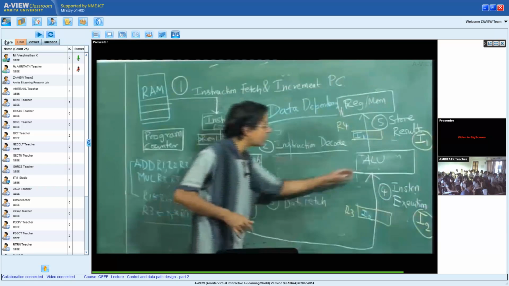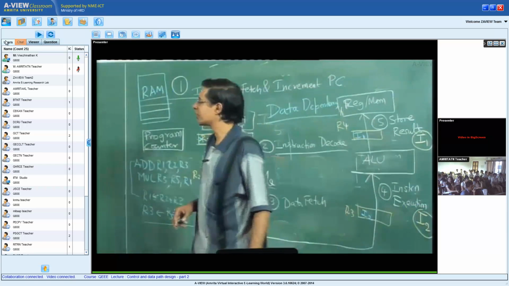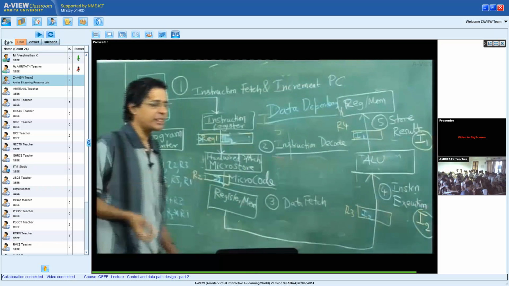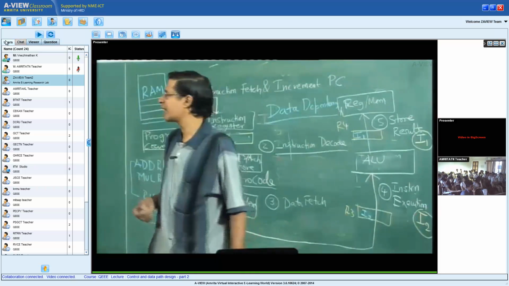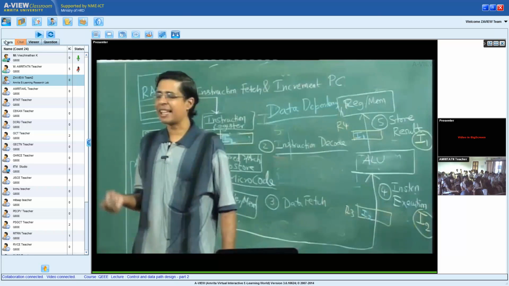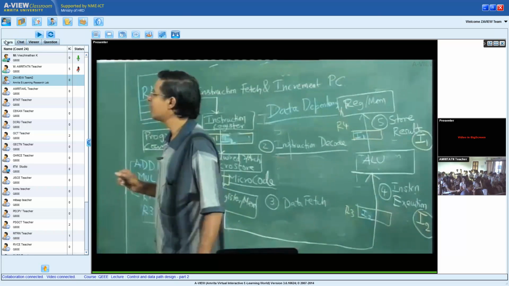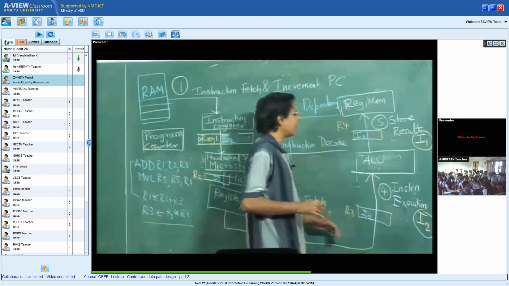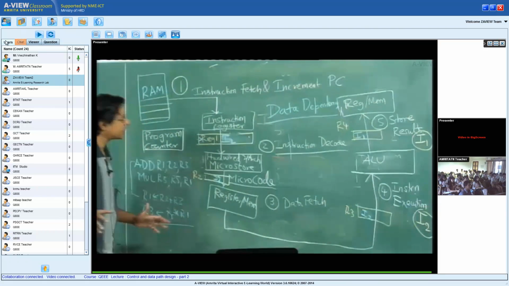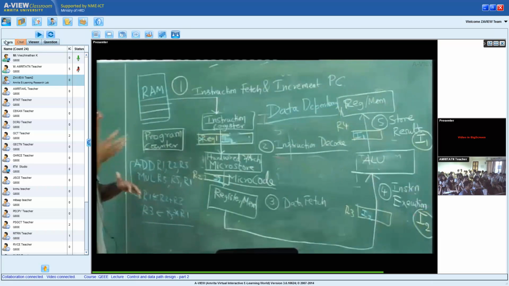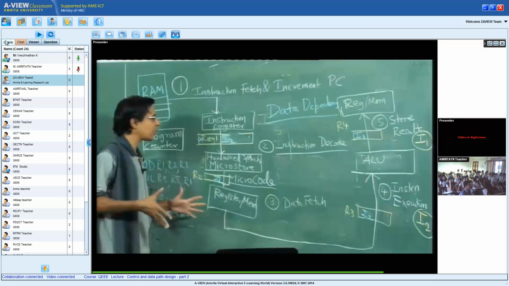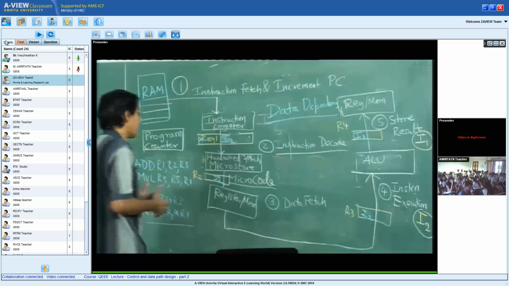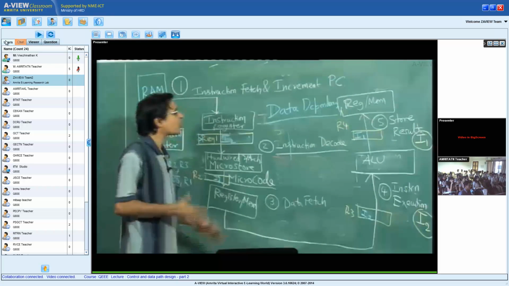When coming to execution of an instruction, of course, if there is an instruction that uses only operands from registers, it will be much faster than instructions for which the data needs to be fetched from memory. So when I look at instruction execution, certainly the memory type instructions that fetch data from memory and execute are going to be slower than the instructions that fetch data from the registers.